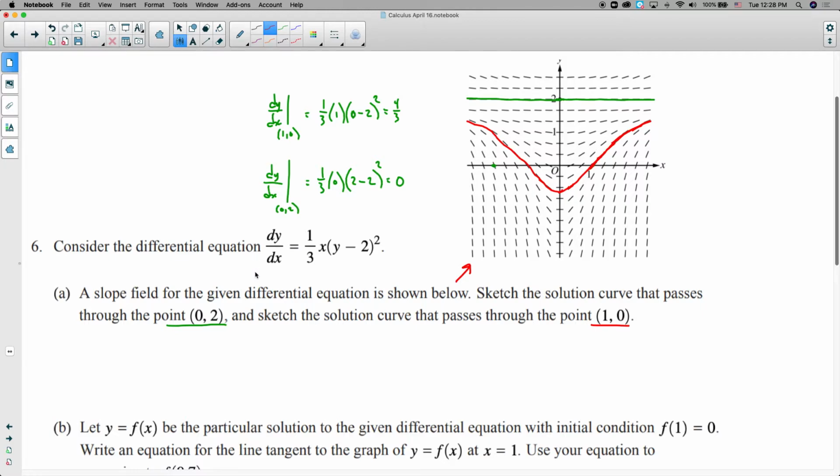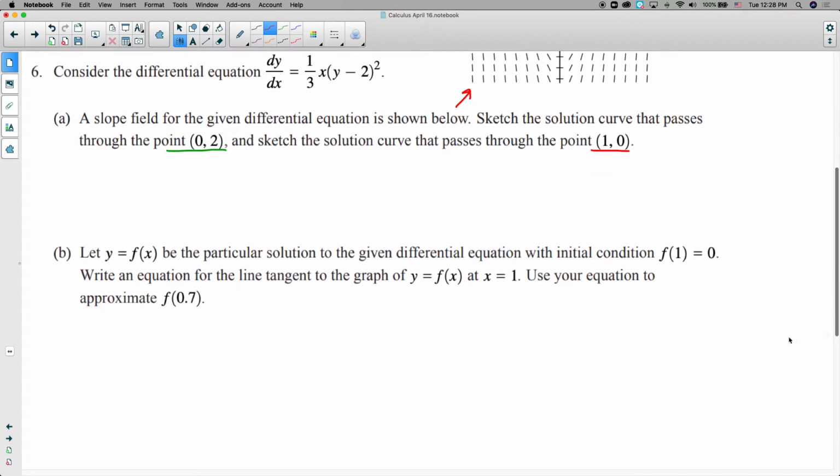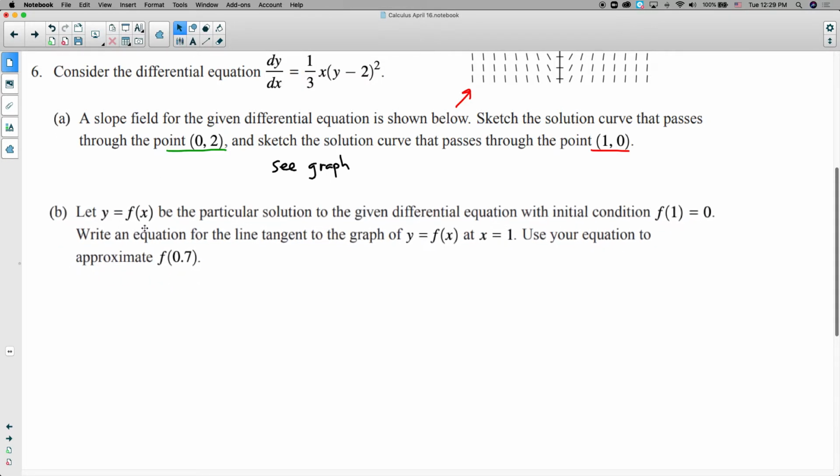Okay, so slope fields, and maybe the main concept is not to lose sight that this is the derivative, the rate of change of y with respect to x. We've talked about that as the slope calculator, the tangent slope calculator. Okay, so let's move on then to part B. So for part A, I guess that was the graph. And for part B,